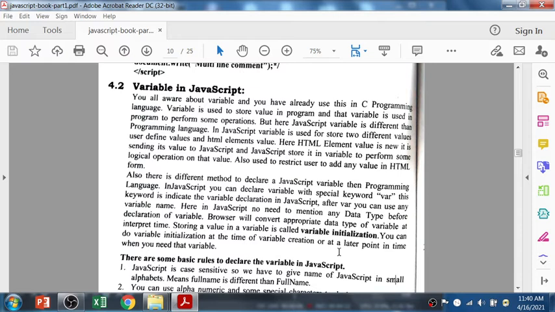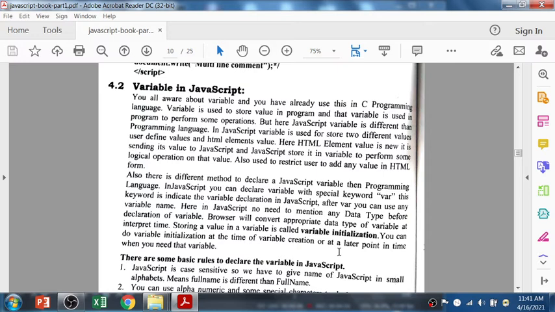What is a variable? A variable is used in a program to perform some operation, but the JavaScript variable is different from other programming languages. A JavaScript variable is used to store two different kinds of values, user-defined values and HTML element values as well. Here, an HTML element sends its value to JavaScript, and JavaScript stores it in the variable.